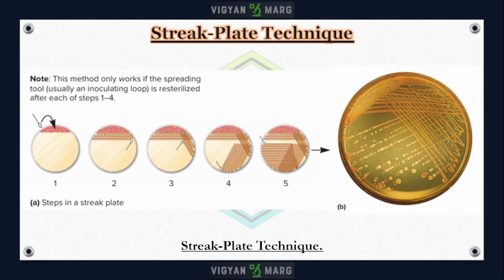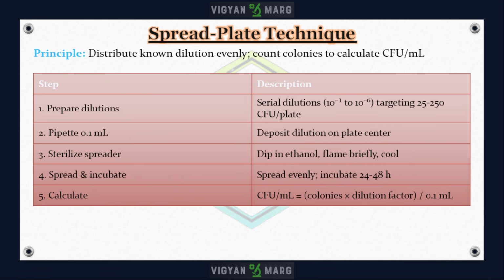Okay, this is the visualization of how you will streak. You will take the loop, I have shown you before. You will flame it, and you will streak it accordingly to your preference. Okay, this is the result you can see in the plate. You will get these types of colonies in that streak plate technique. And next is